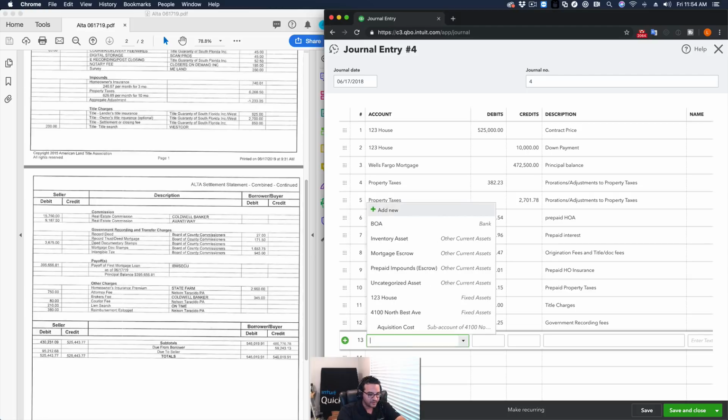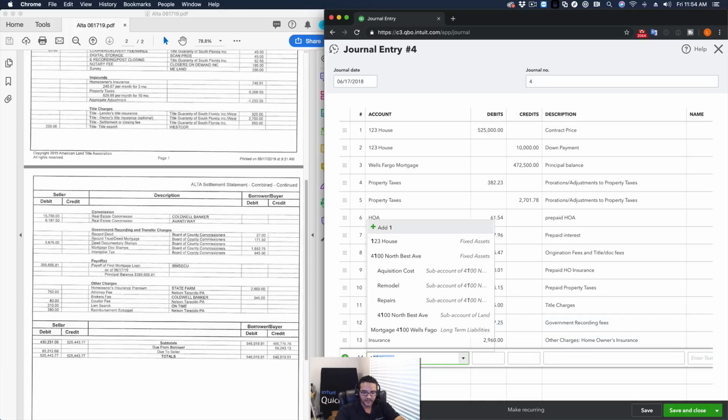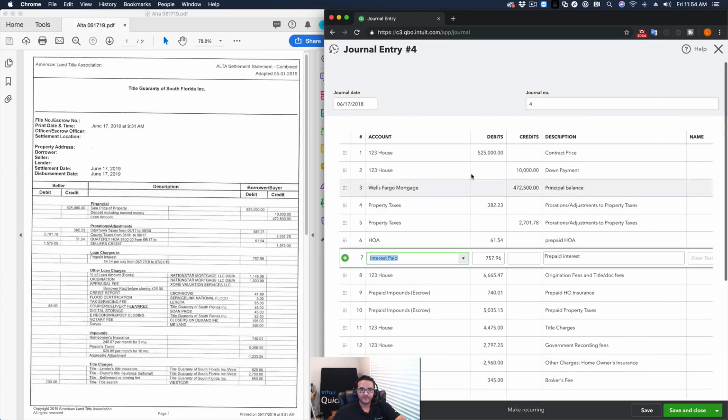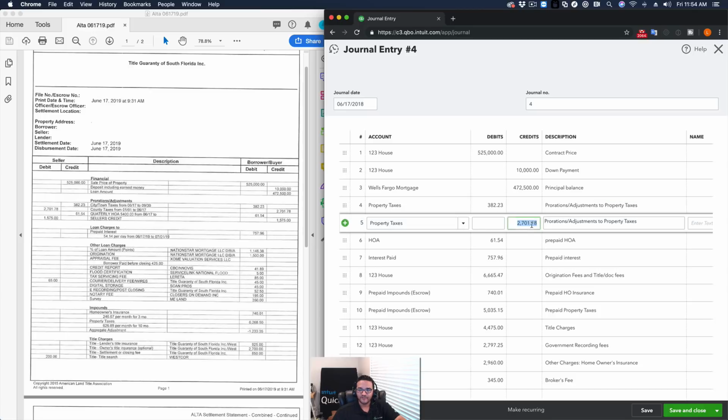So let's do the homeowners insurance. So let's do insurance, and that's going to be 2960, and then we'll call this one homeowners insurance. And then the last one would be the broker's fee, which in this case is the same property here. So that's 345. Okay, so let's see where we are here. So let's figure everything out. So we got the 525 check, we have the 10,000, we have the mortgage amount, we have the adjustments to